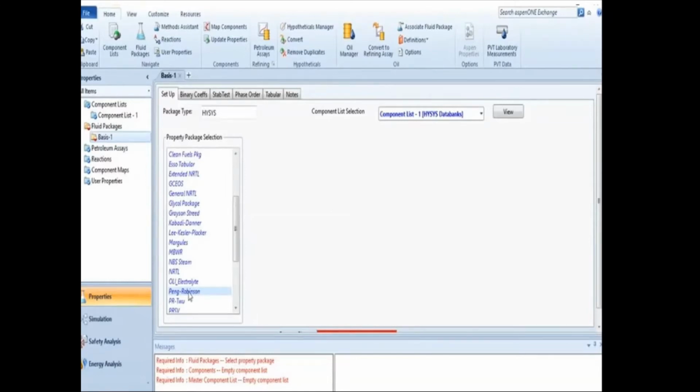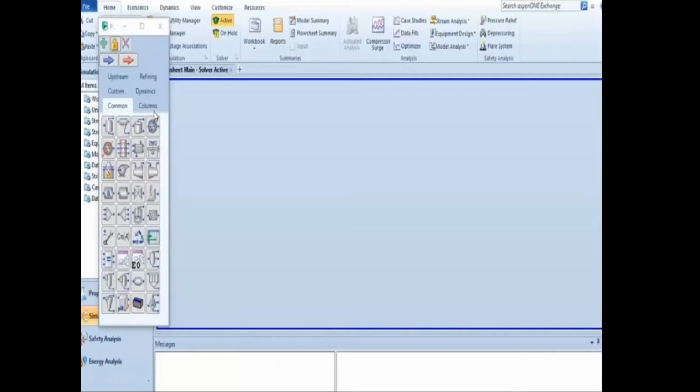But as I told you, for distillation purposes, for vapor liquid equilibrium data, meaning for the separation of vapor and liquid, the Peng-Robinson package is best. By using this package, you can easily develop a simulation, a model for any plant. So I am going to select Peng-Robinson because that is the best suited thermodynamic model for distillation. Just double click on Peng-Robinson, and after that it will be selected.